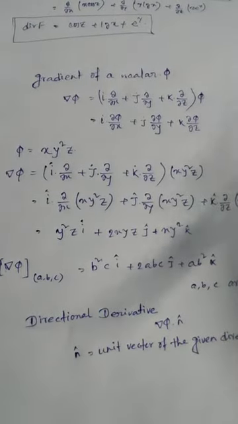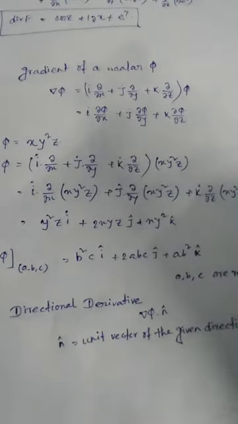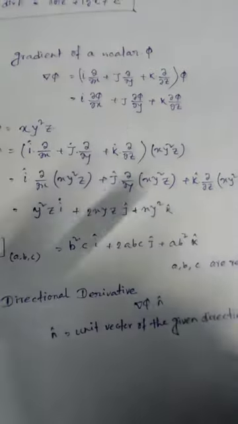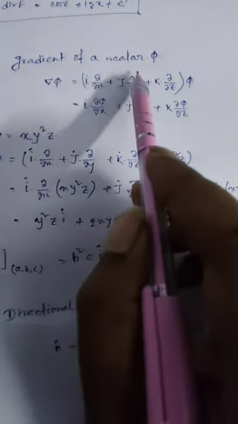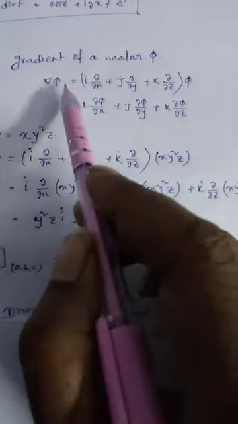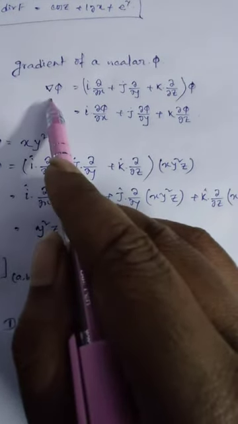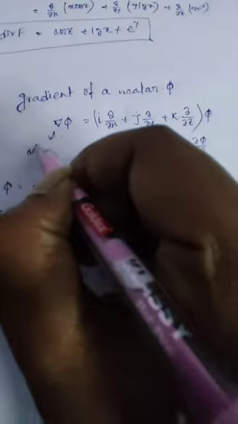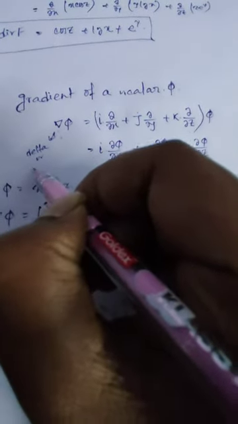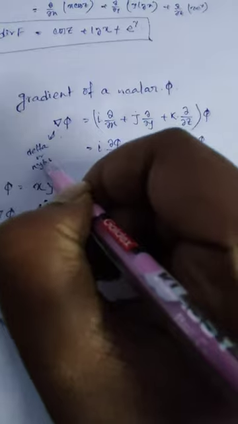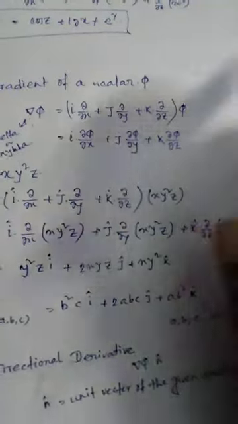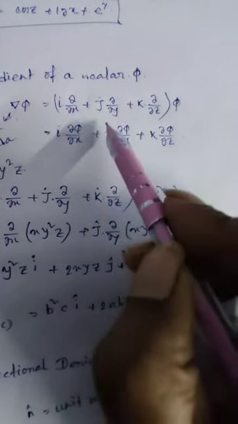Guys, in this video, we will discuss how we can find the gradient of a scalar function phi. The gradient of a scalar function phi is defined by del phi or nabla phi. This is also known as the delta phi, or you can say the nabla function. So the grad phi of this function is defined by